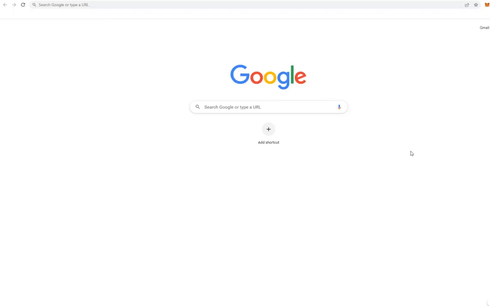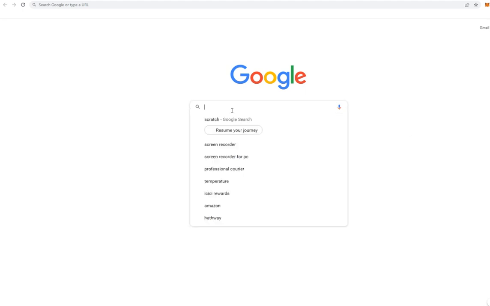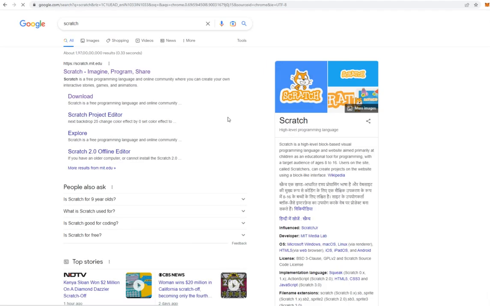Hello friends, today we are discussing Scratch. Scratch is a computer programming language that you can use to easily create attractive shapes, animated stories, computer games, music and